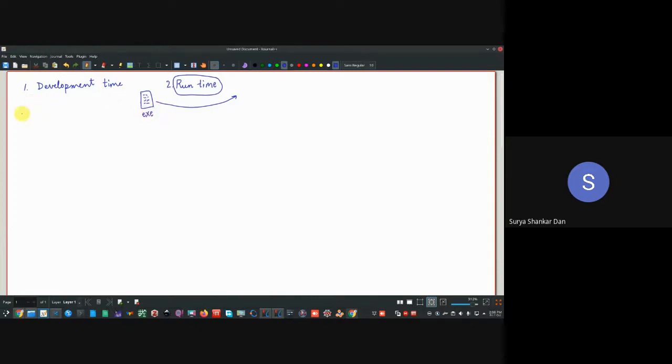So in the development time, we are essentially converting some C code, compiling it, and getting this. This compilation process starts from the C code which you have written; that will be compiled to an exe, and the exe will run at the runtime. So the whole objective was that you are sharing this exe with your client.